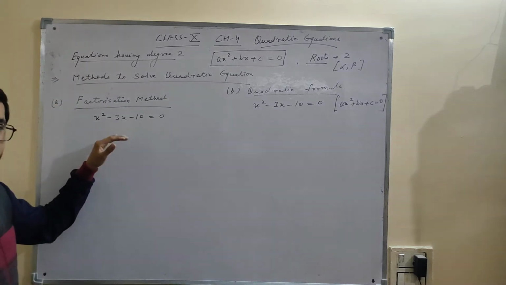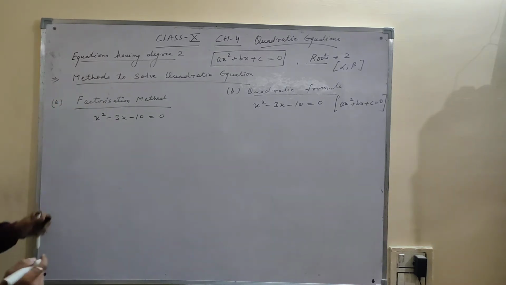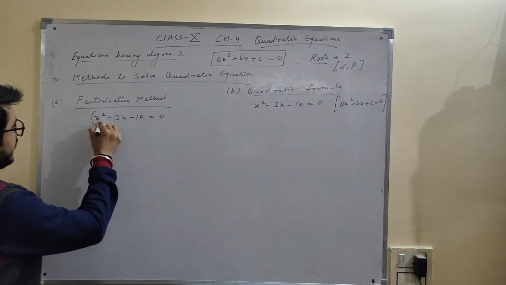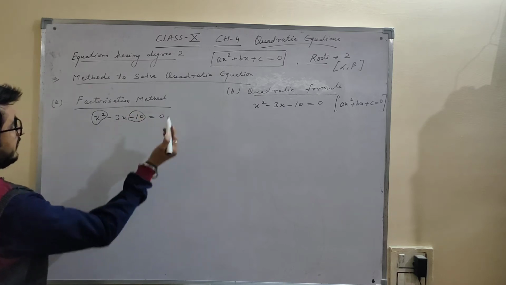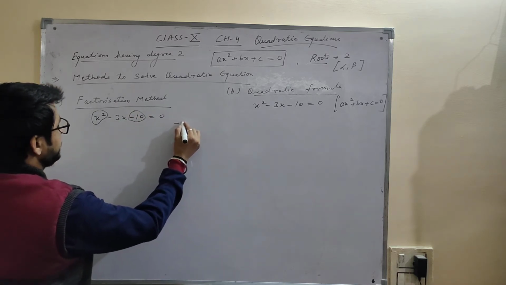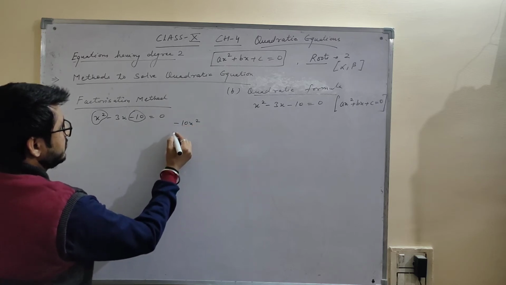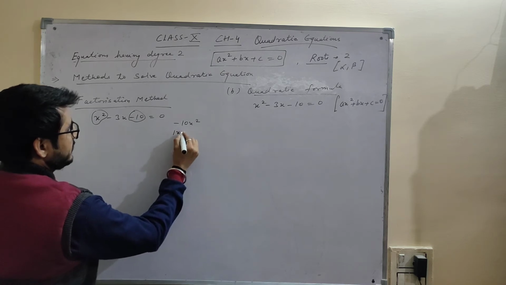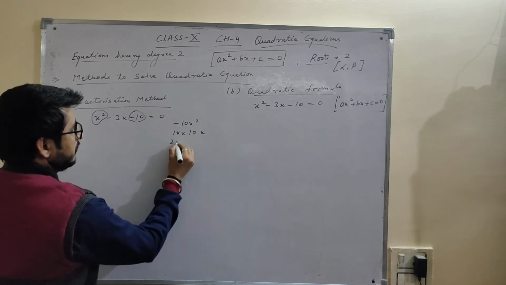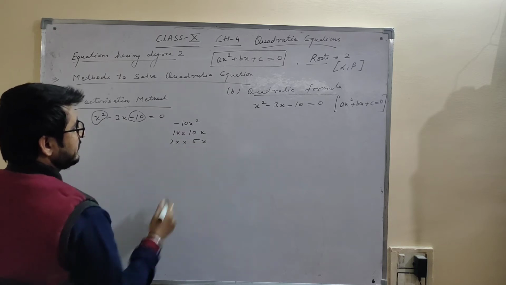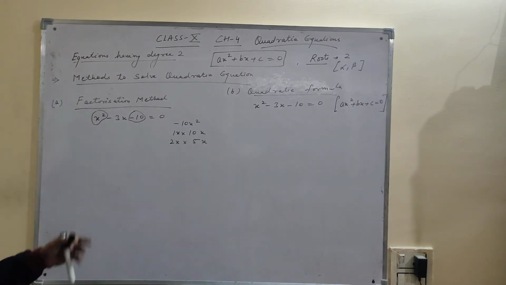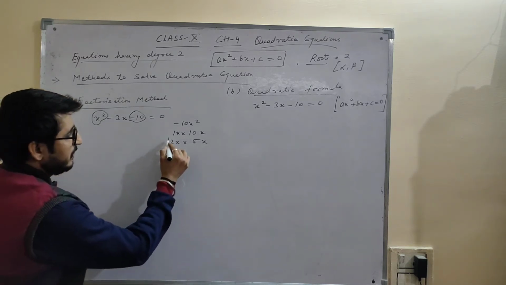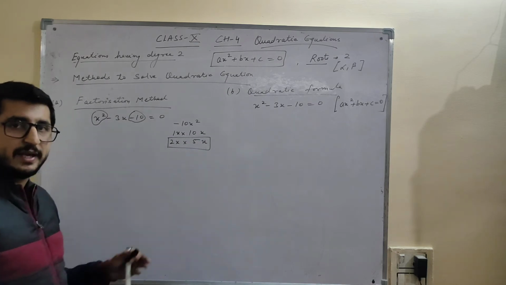So starting off with the factorization method, let's see how we'll find the roots of this particular quadratic equation. The first term is x square and the last term is minus 10. We get the product as minus 10x square. Making out the factors, ignoring the negative sign, we get 1x into 10x, 2x into 5x. So these will be the factors. How can we get 3? Yes, with this pair, by subtracting 2x from 5x, I can get 3x.